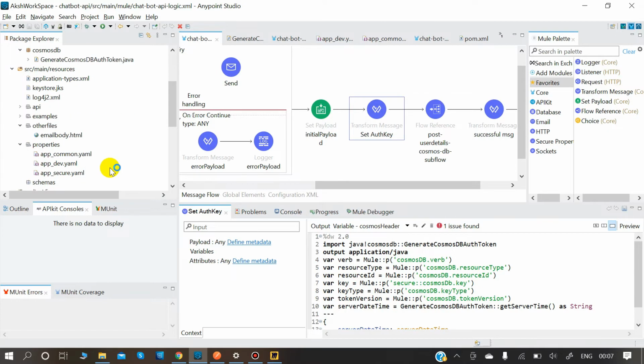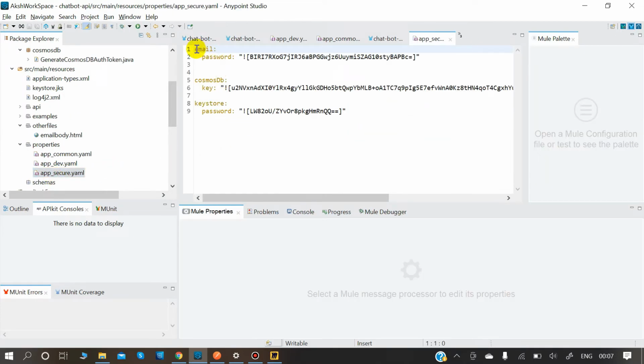I can show you all that I have mentioned app underscore secure, where you can store the email password in an encrypted format, and the Cosmos DB key stored as an encrypted value, so that no one can access this email or Cosmos DB keys.